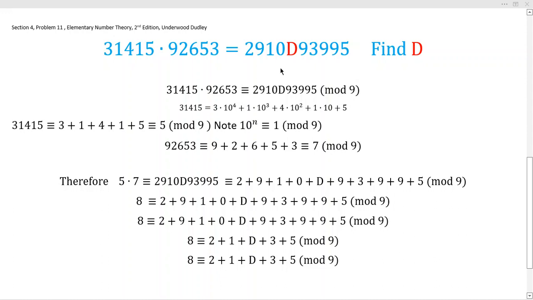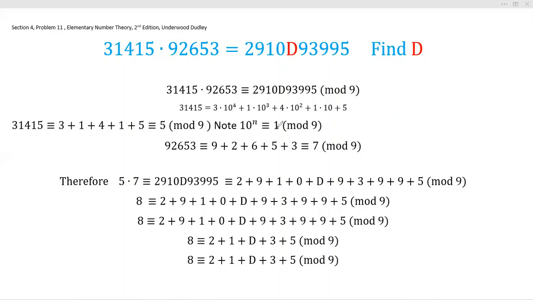Now, it turns out there's a very special result here that's going to help us out quite a bit. It's nice to remember what the decimal expansion actually is. This means exactly what it says: it's all the digits times successive powers of 10. The same thing holds for this, and I'm just using this number as an example. Notice that you can replace 31,415 with the sum of its digits modulo 9, because 10 raised to the n is just